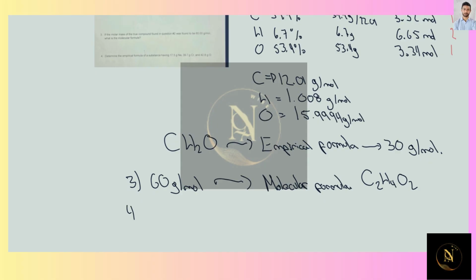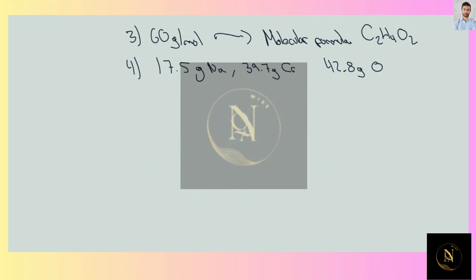And now for the last question, question 4, we're told that a substance has 17.5 grams of sodium, 39.7 grams of chromium, and 42.8 grams of oxygen. So in order to know the empirical formula for this substance, we need to convert this into amount of mole. The amount of mole of sodium is going to be equal to 17.5 grams divided by the atomic weight of sodium, which is